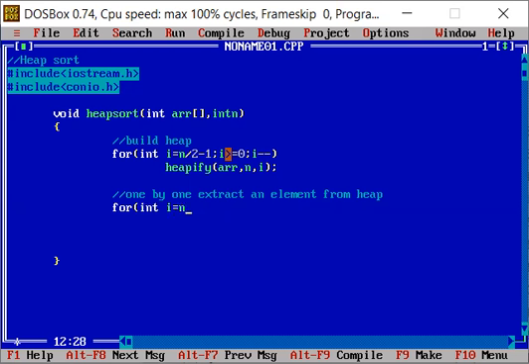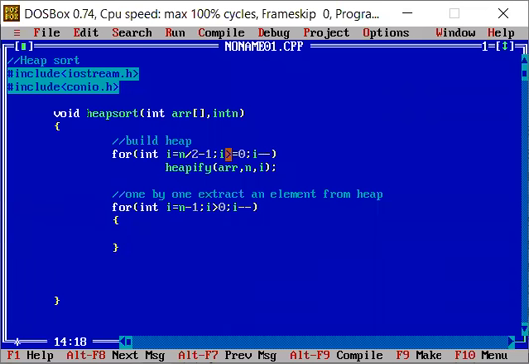So I'll write n minus 1, to i should be greater than 0, because the 0th element will be sorted automatically, so we need not sort it. So I'll write i minus minus. So this is how we do the heap sort.